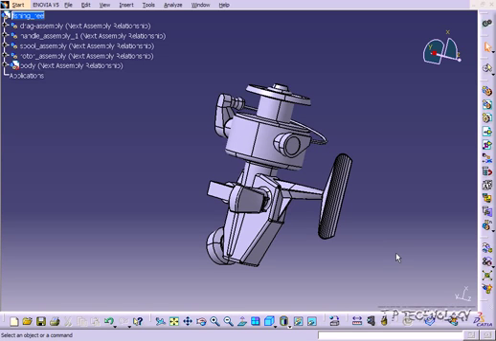This is tutorial number 4, and it covers the mouse buttons within CATIA V5. To start off, open up the fishing reel step file, which is located on the DVD. So what I'm going to do in this tutorial is I'm just going to show you the hot buttons for the mouse. So to start off, I'm going to open up a